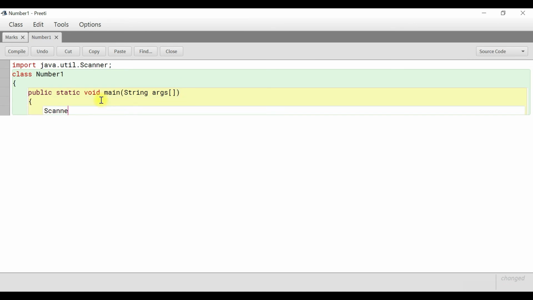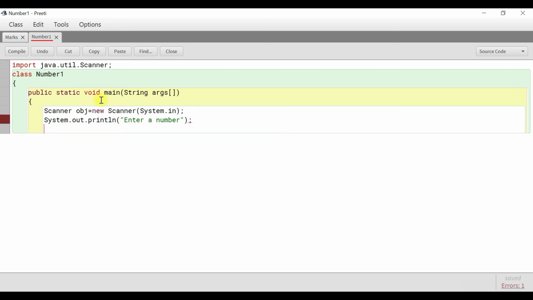Scanner obj equals new Scanner(System.in). Now we'll display a message, System.out.println, "Enter a number". Then we will read that number, int x equals obj.nextInt.